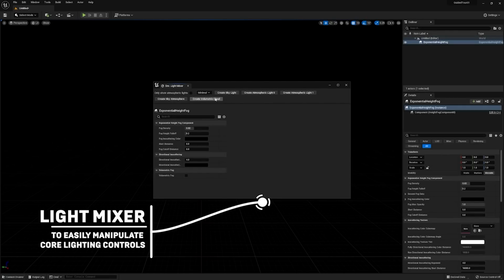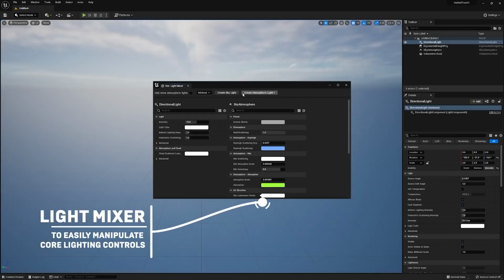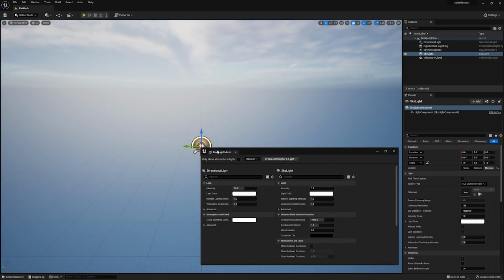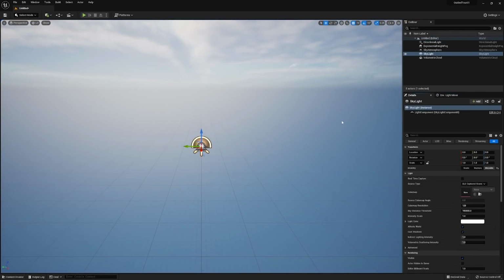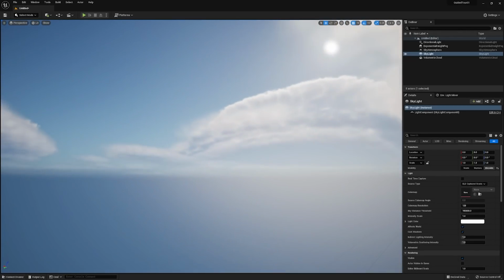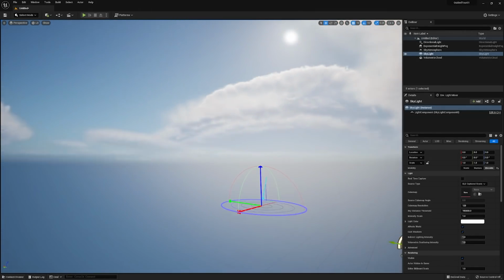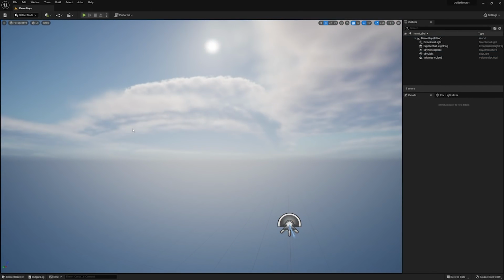I'd advise against pressing just one of them though. Don't add the second atmospheric light, as it's not really needed for a conventional outdoor lighting setup. As I mentioned before, you can now use Ctrl-L and the cursor to easily preview the sun and get it into the position that you want it to be in. Now that we've got those in place, let's get going and have a creative space to actually play in.